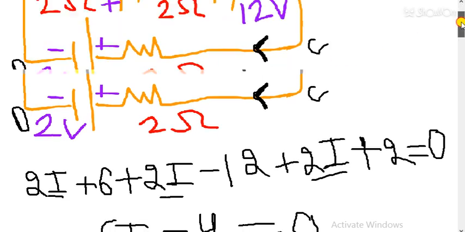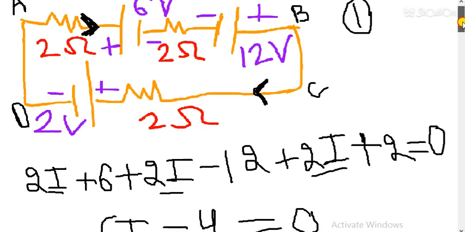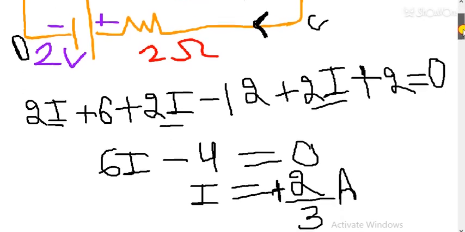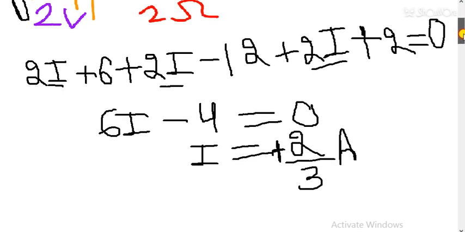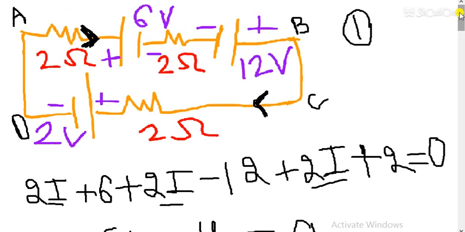So now I am going to start my next question. If there is any doubt in this question, then you can watch again and ask me on my personal number. So it is question number 1, and I am scrolling the screen. You can note it down, and this is an easy one because only one loop was there. So now I am going to take you to the second question.